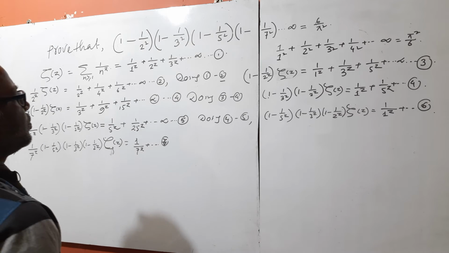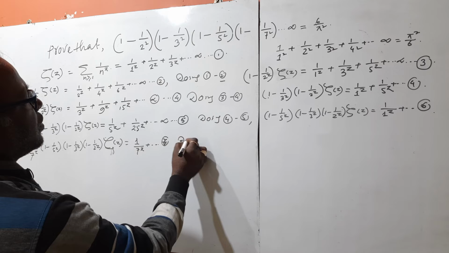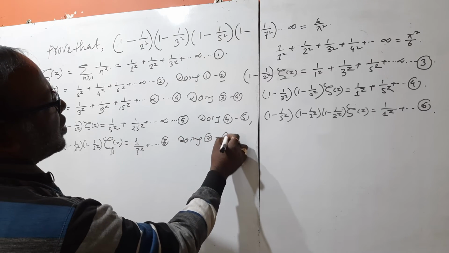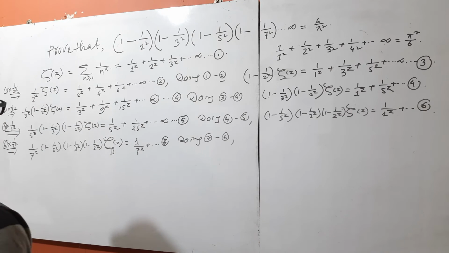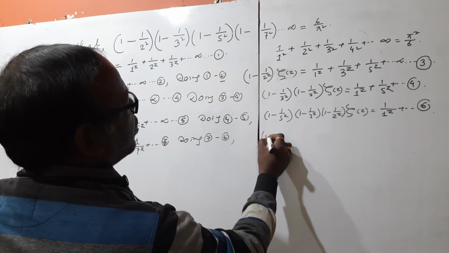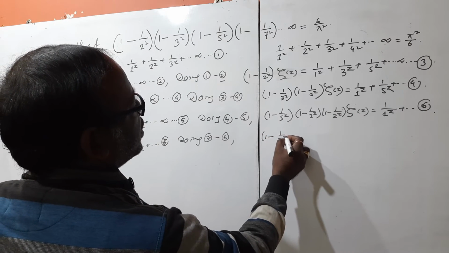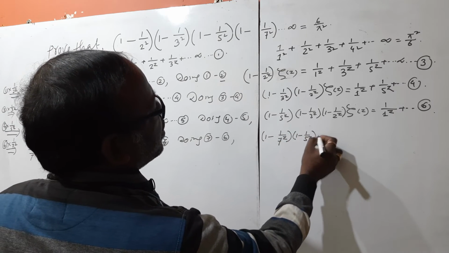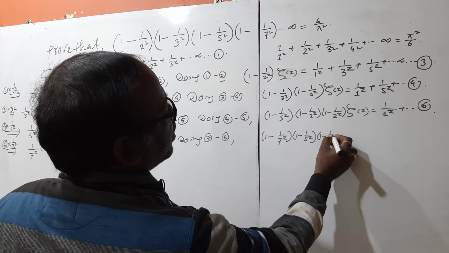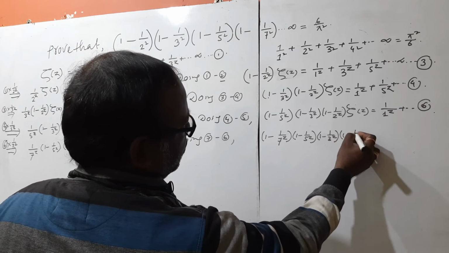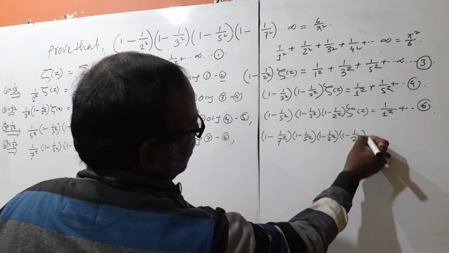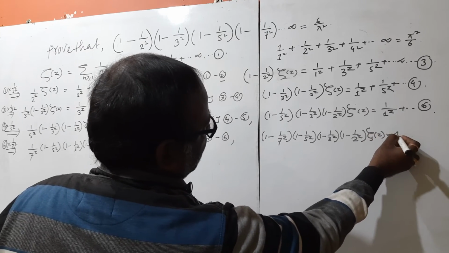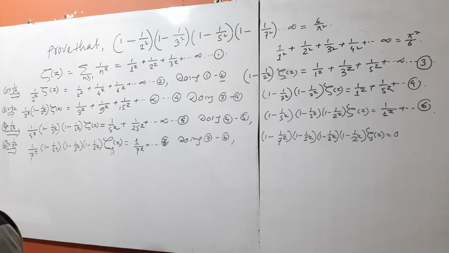So doing 7 minus 6, then you got here 1 minus 1 over 7 to the power z, 1 minus 1 over 5 to the power z, 1 minus 1 over 3 to the power z, 1 minus 1 over 2 to the power z, and Riemann zeta function, and we have left only this part,